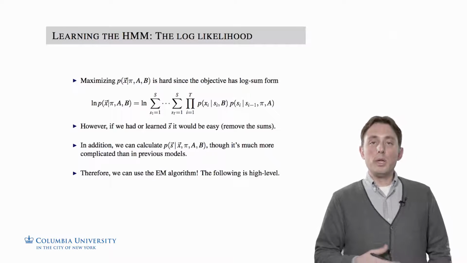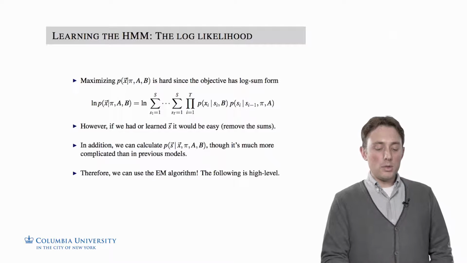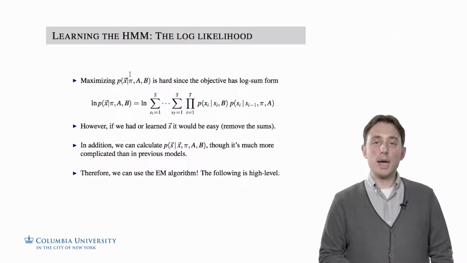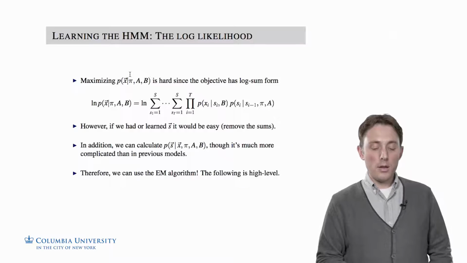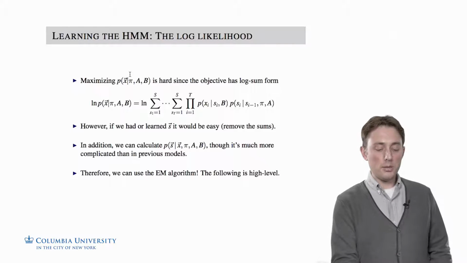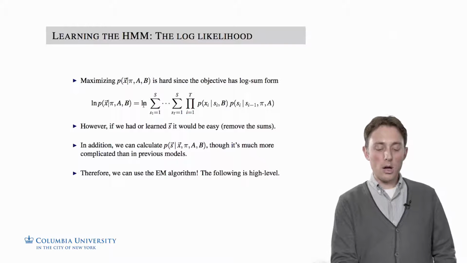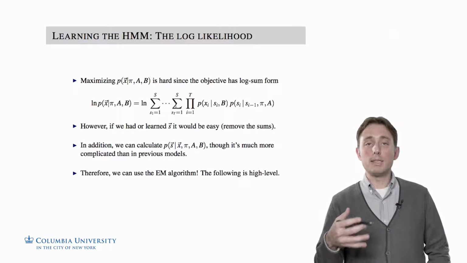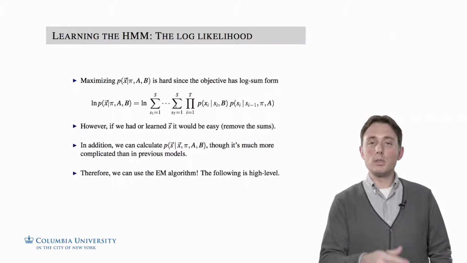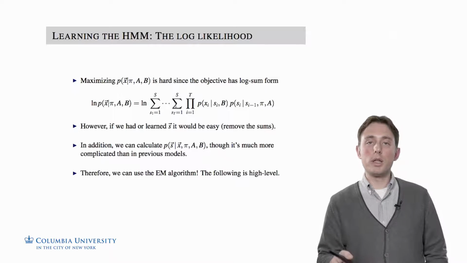But we don't know what the states are. We want to sum them out and maximize this marginal likelihood. However, it's very hard to do, because if we wanted to maximize this log marginal likelihood, we're maximizing the log of a sum, and we remember that that's a difficult thing to do. If we started to take derivatives, we'd find very quickly that we're in trouble,